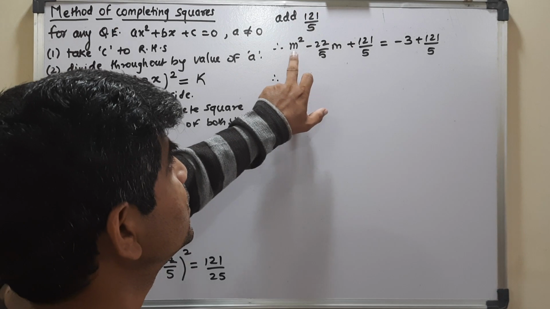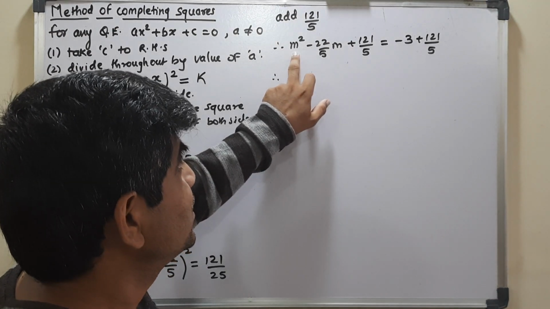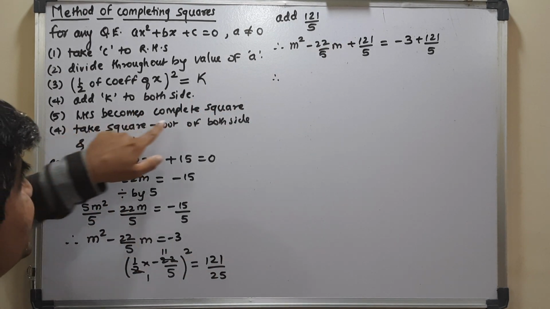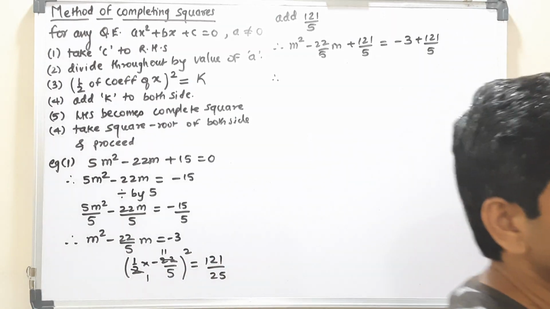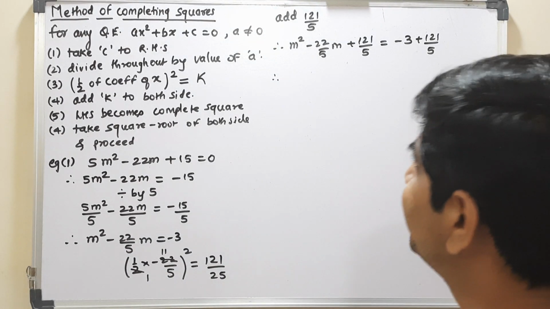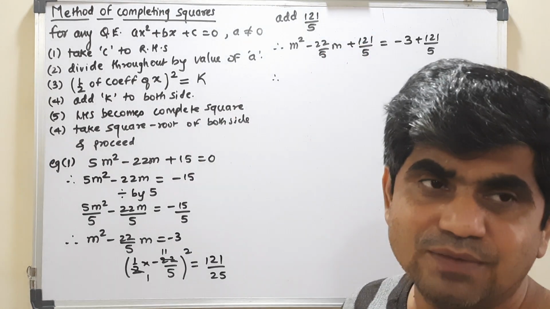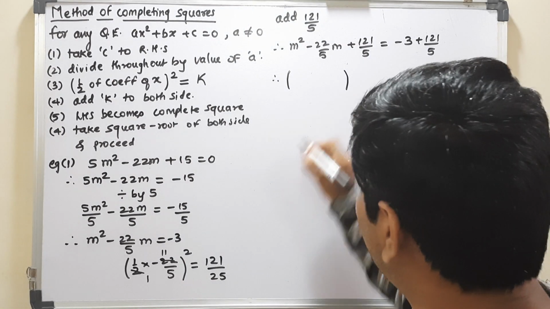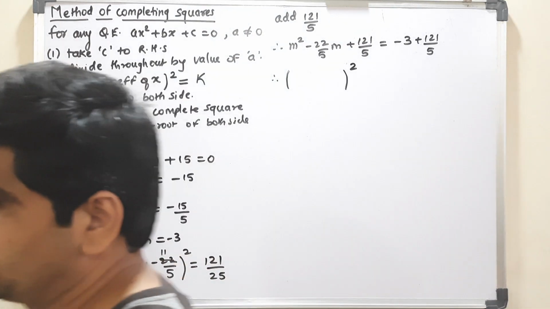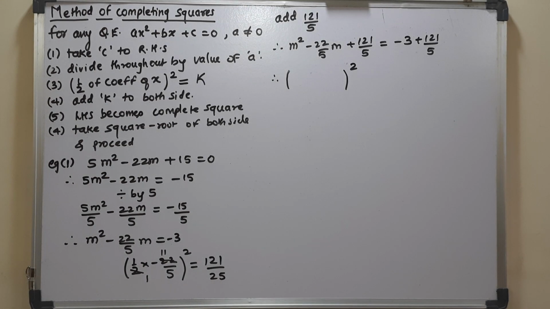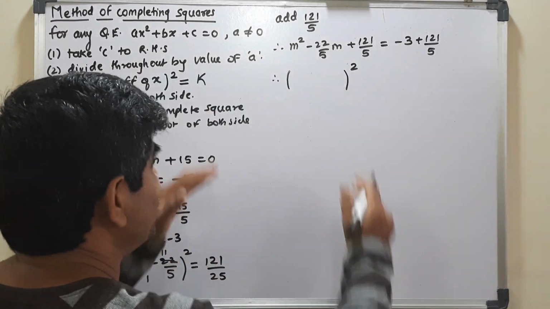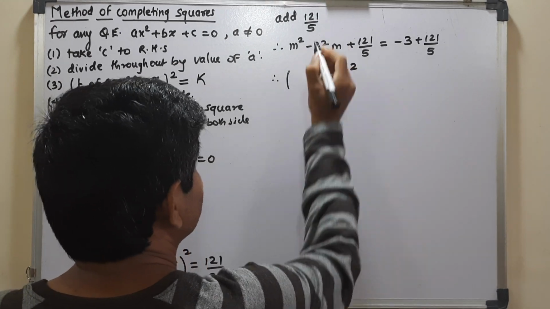So now I have the next step, K, this one. Add K on both sides, that I did. Now it says that the left hand side becomes a whole square. Now I will show you how it becomes. Do not think more. If it says that after adding, the left side becomes a whole square, then it will become a whole square. Put the bracket and whole square. Okay, see what is written there. Only bracket and whole square. Now fill in the blanks. First, after adding K, the left side becomes a whole square. So I put a bracket and whole square. What is the middle sign?